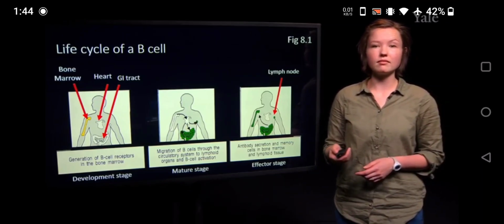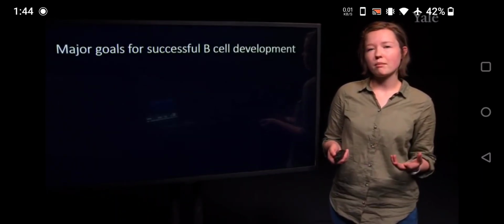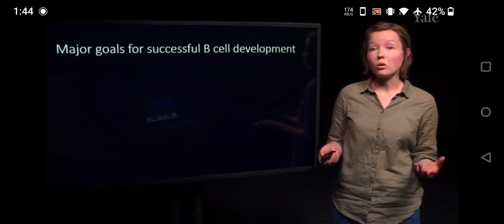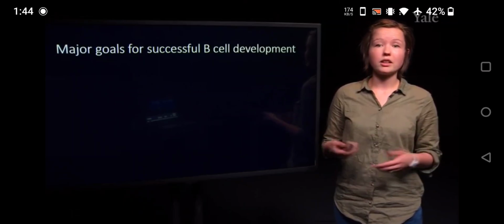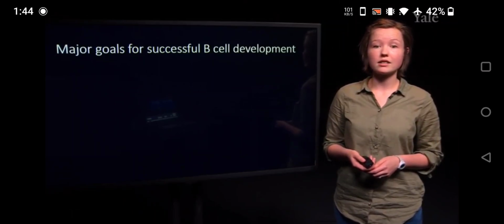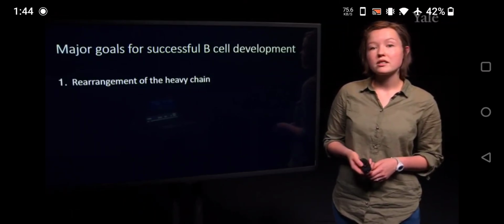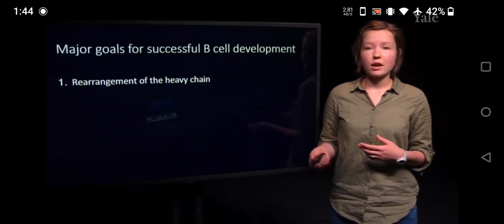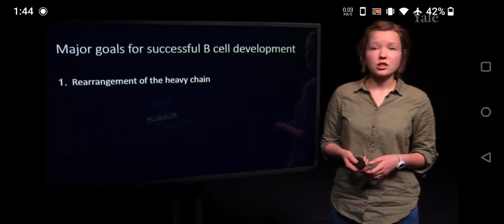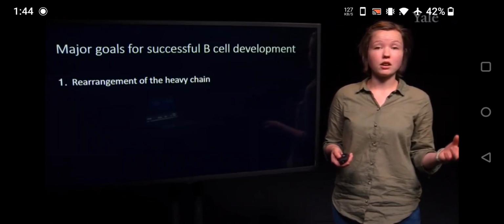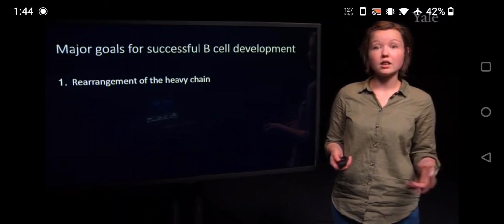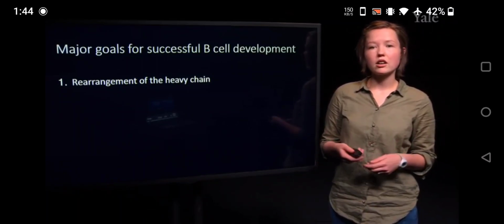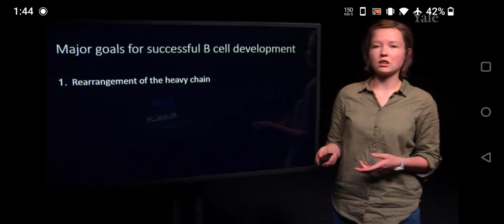So before we jump into B cell development, I want to talk about the major goals that we hope to accomplish during this developmental process. So the first is the rearrangement of the heavy chain. And the mechanism by which this occurs is VDJ recombination, which, if you remember back to our lymphocyte antigen receptor lecture, we covered how this mechanistically occurs, and we hope to contextualize this in the context of B cell